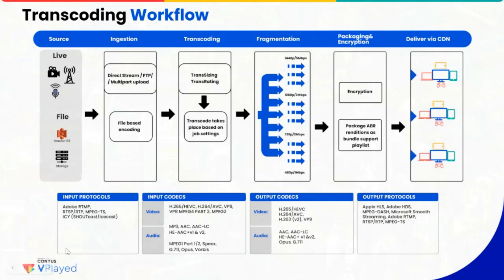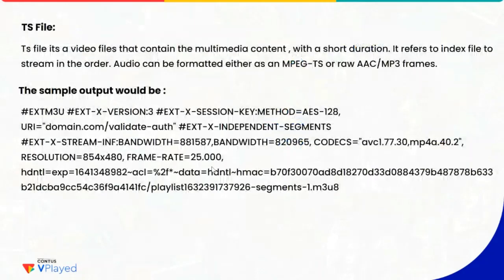When coming to the codec, it should be either 264 or 265. Especially when coming to HLS streaming, it would support both H.264 and H.265. Here I just want to give some brief information about codecs. The codec plays a vital role in the bit rate and in the overall sizing. In addition to that, it also plays a part in compatibility. Here we can set up all those things in this transcoding engine, and once it is transcoded, you can see the file.